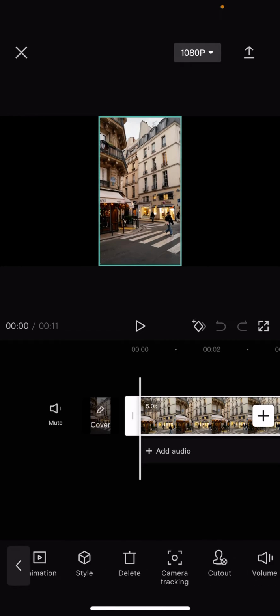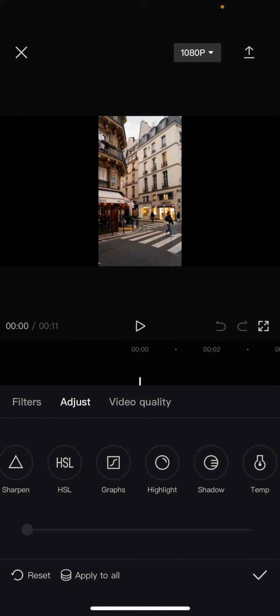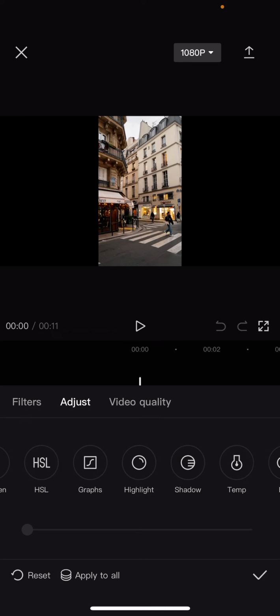Click on it. Now scroll to the right until you see the adjust option, and here scroll to the right as well until you see the highlight option. Click on it, and now moving this bar here, you can decrease or increase the highlight of your image or video. And if you are done, just click on the check mark option on the bottom of the screen, or